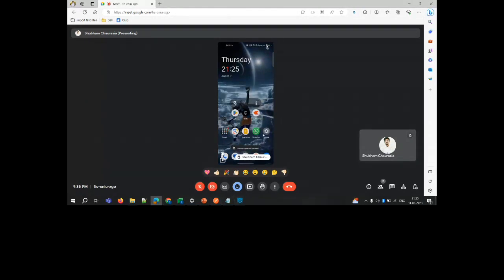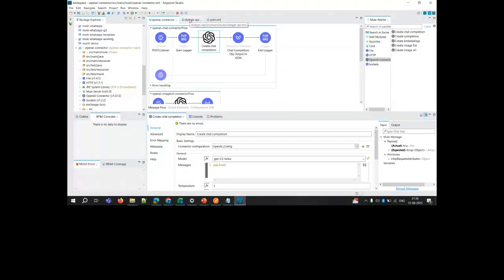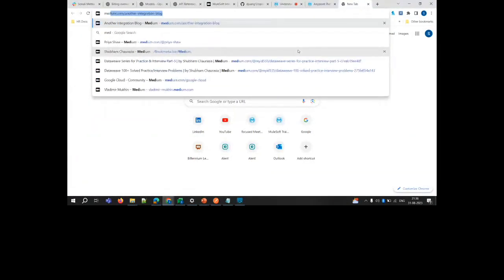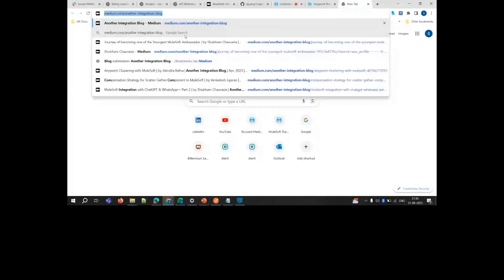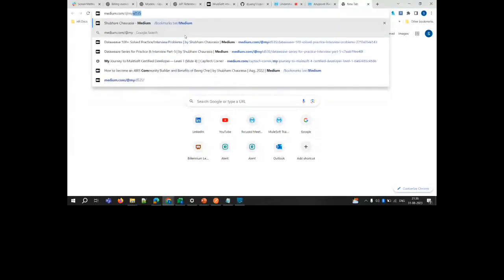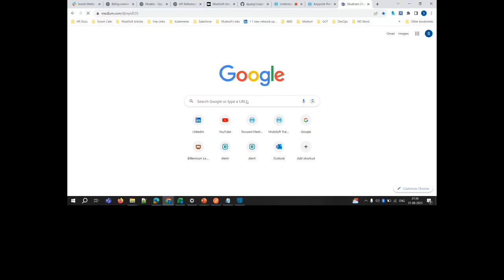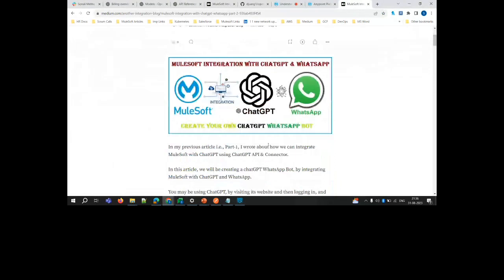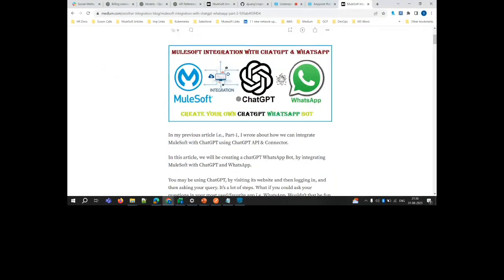Okay, you can see what I have done. I will show you a use case of this ChatGPT integration. First I will show you an article. So let's go to that article. What we are doing here is, instead of going to the ChatGPT UI and logging in, then asking questions,